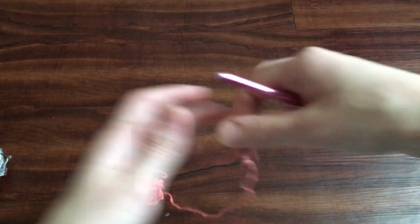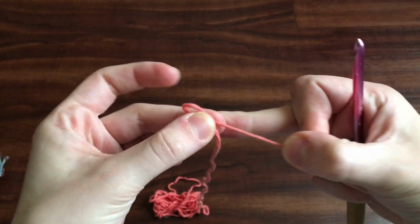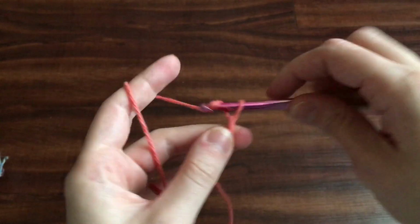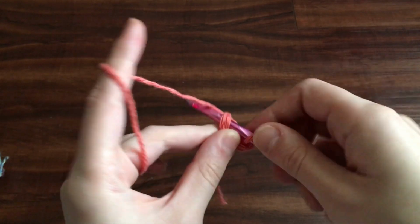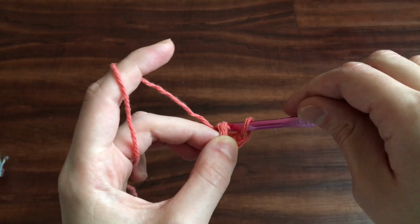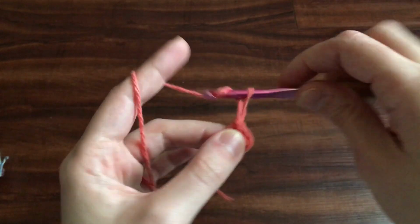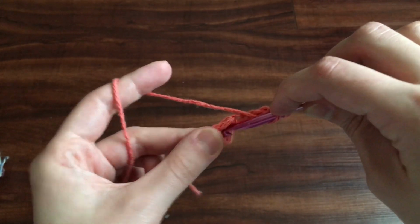To begin, I will create a slip knot. Chain up 4, slip stitch into the first chain, pull through, and it creates a circle. You will chain up 3, insert 2 double crochets into the center of the ring,